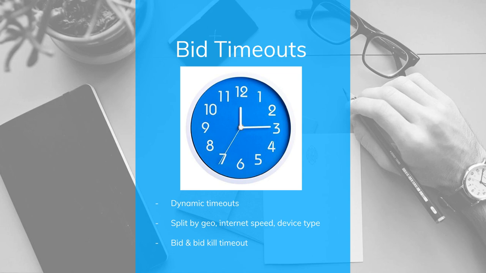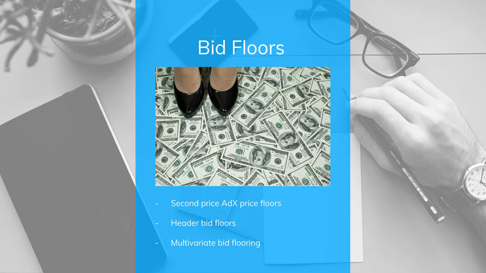Because if it was just about RPM, then you go with the maximum timeout. But with this balance of monetization versus user experience with page load times, machine learning is able to find that optimal middle. Third one is bid